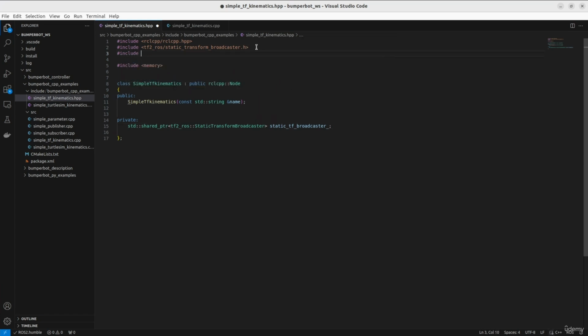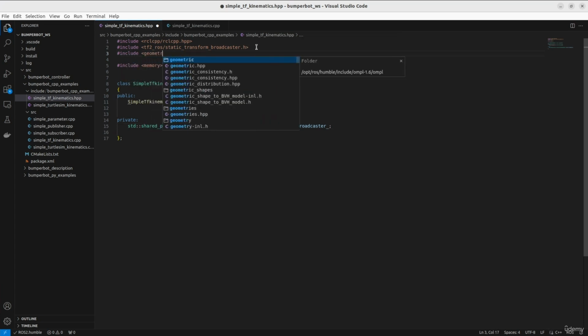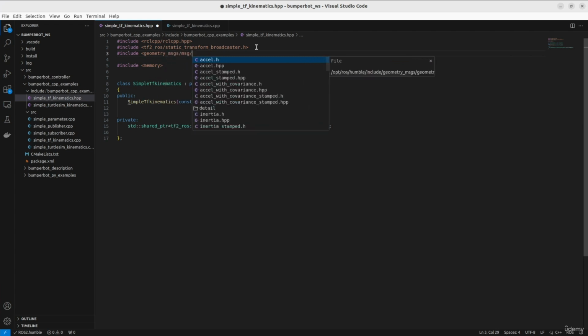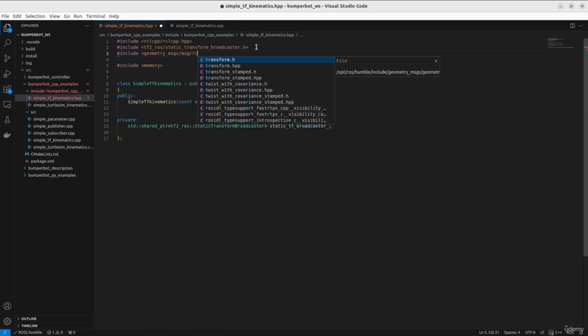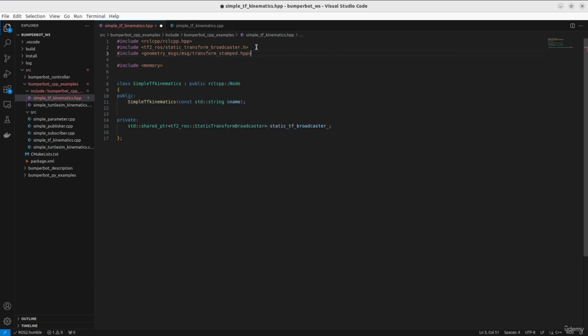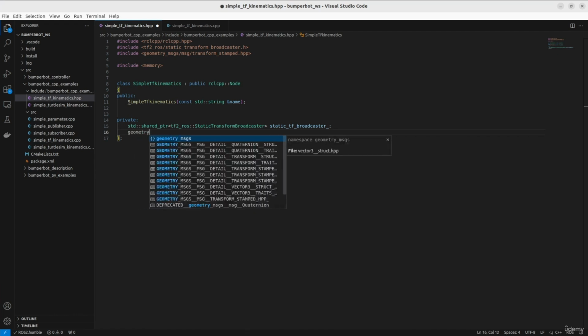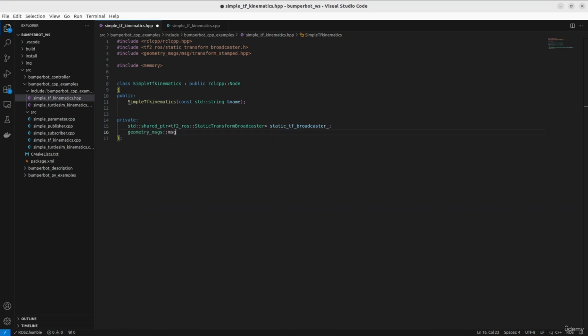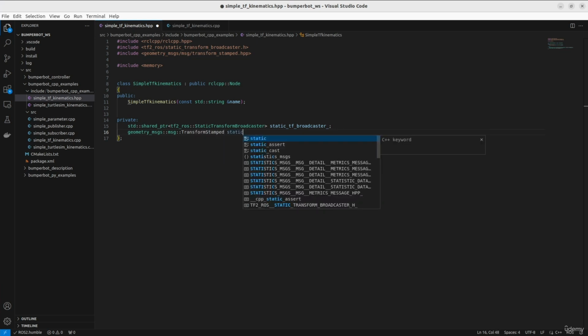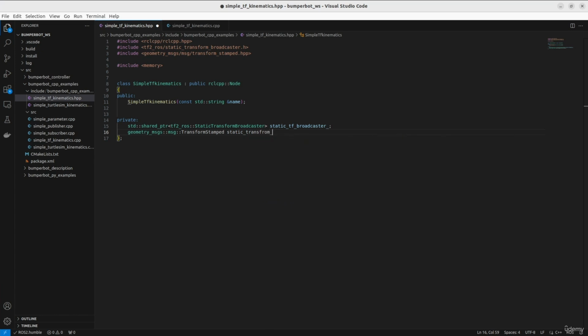So let's include also this library, and from the messages of this library let's import the transform_stamped.hpp. And so now we can use it in order to create a new message, so the geometry_msgs message, and let's create a new instance of the TransformStamped message, and let's call this one static_transform_stamped,